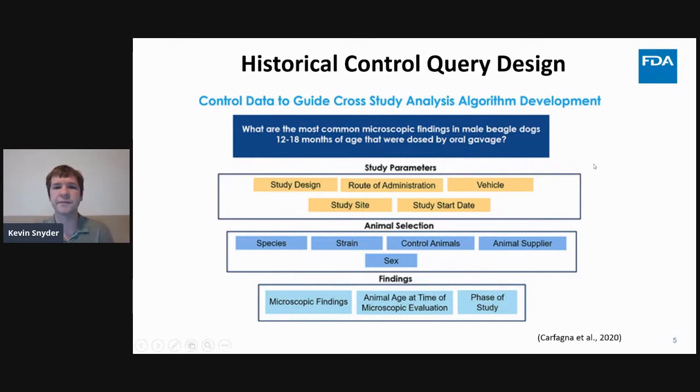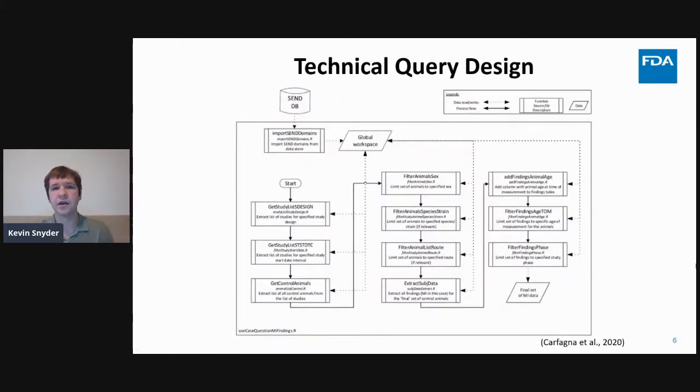In order to ask this question, we had to break it down into different components. Some would help us figure out which studies to include, some which animals to include in the analysis, and some which specific records from the data we needed to pull. With a little bit of work, we were able to break each of these query blocks, as we were calling them, into different R scripts or R functions, and string them together to perform the analysis after pulling the SEND data into a SQLite database. We published this analysis and these scripts